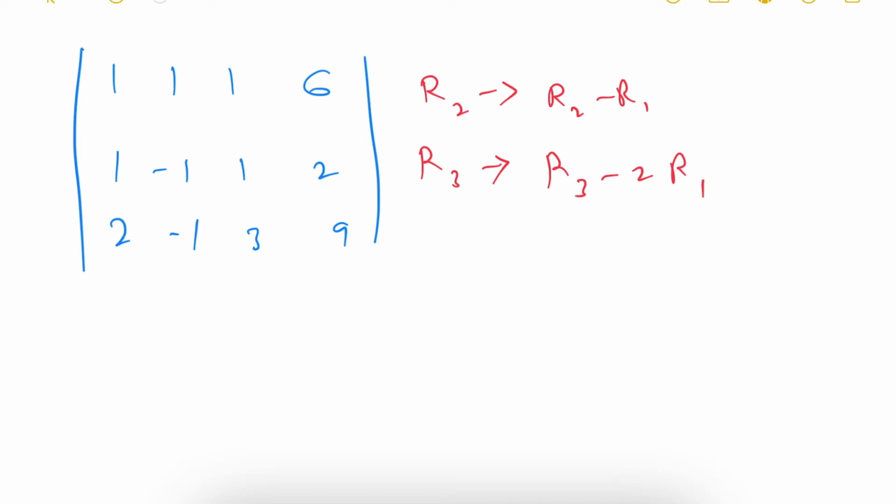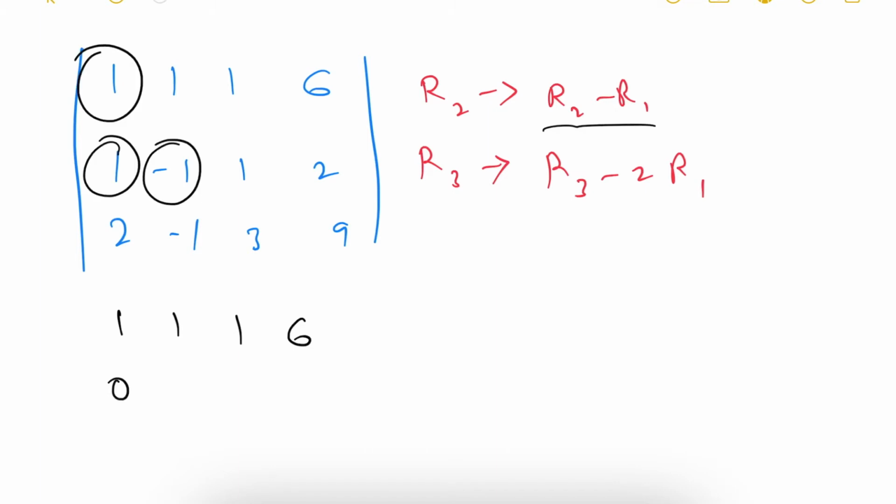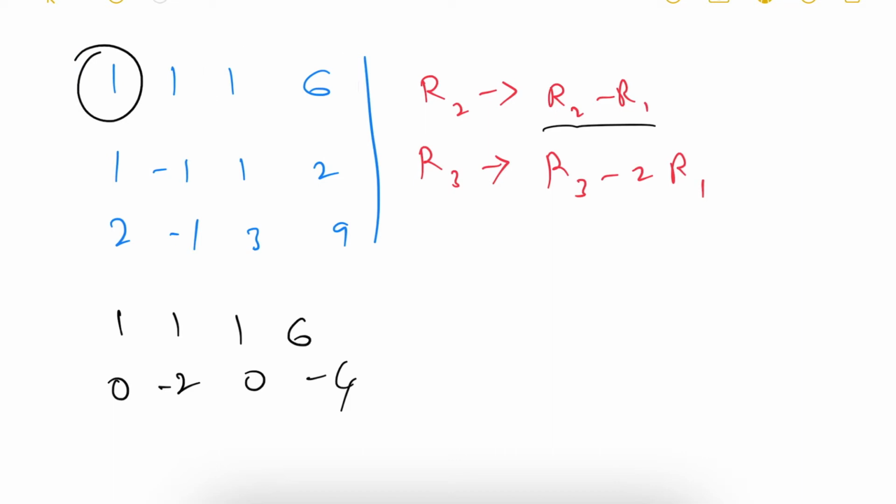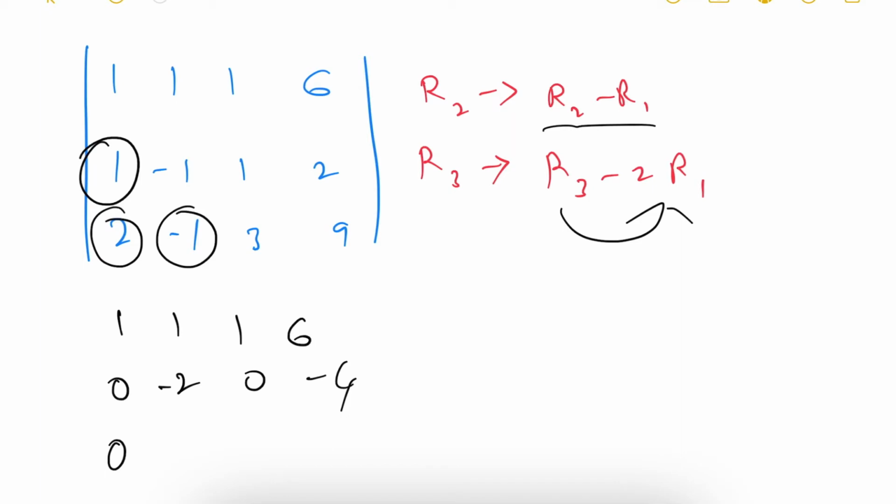Row 1 as it is, that is 1 1 1 6. Then what is row 2? Row 2 minus row 1. So 1 minus 1 is 0, minus 1 minus 1 is minus 2, 1 minus 1 is 0, 2 minus 6 is minus 4. Oh sorry, this is minus 1 minus 2, right? Okay, now same way, what is third row we took as? Third row is nothing but row 3 minus 2R1. So 2 minus 2 is 0, minus 1, this will become 2 times, right? So minus 2, minus 1,